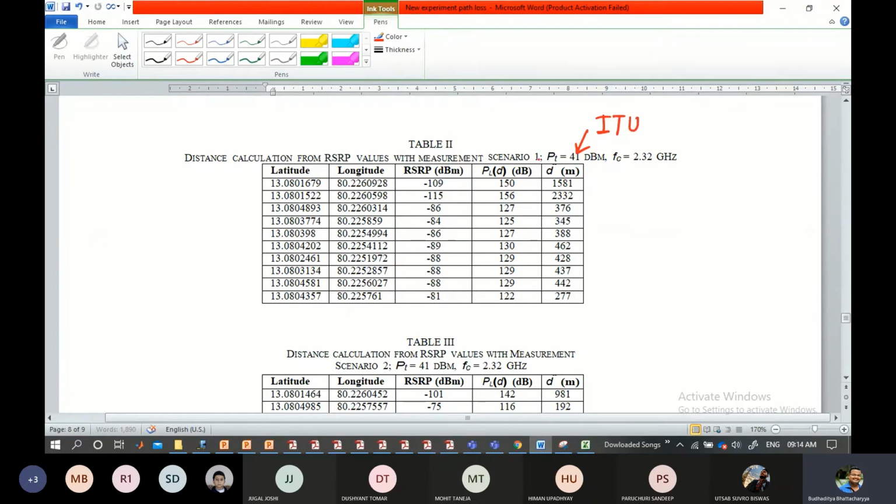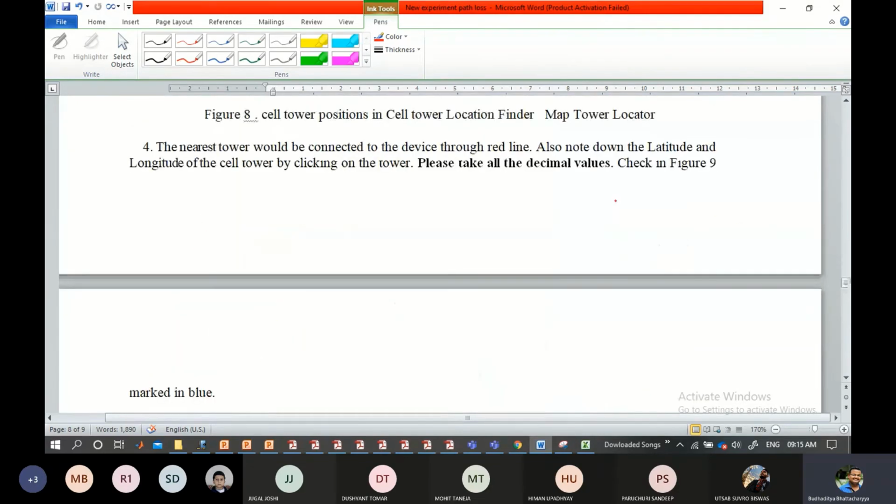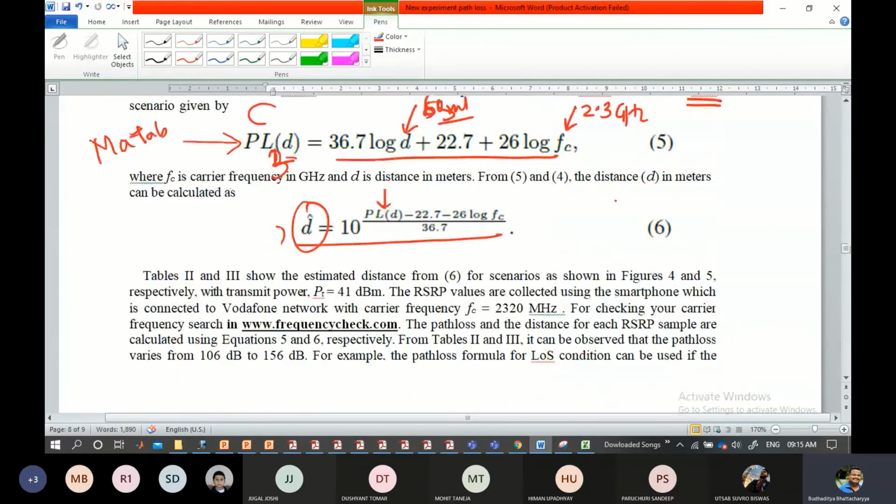You will find this 41 dBm is a standard power transmitted from the base station, given that you are working at 2.32 gigahertz. In most of the cases, the reading that you are going to take, you will find that the carrier frequency, the operating frequency, is 2.32 gigahertz. Even for that, I have given you an option: suppose you don't know the carrier frequency of operation. If you go a little up in this document, you see I've given a link over here,